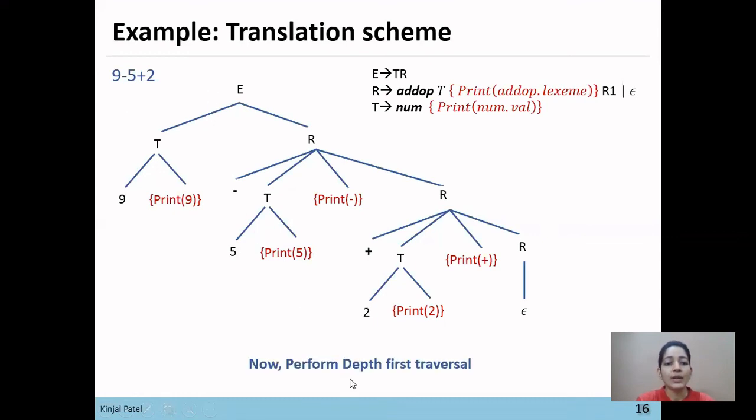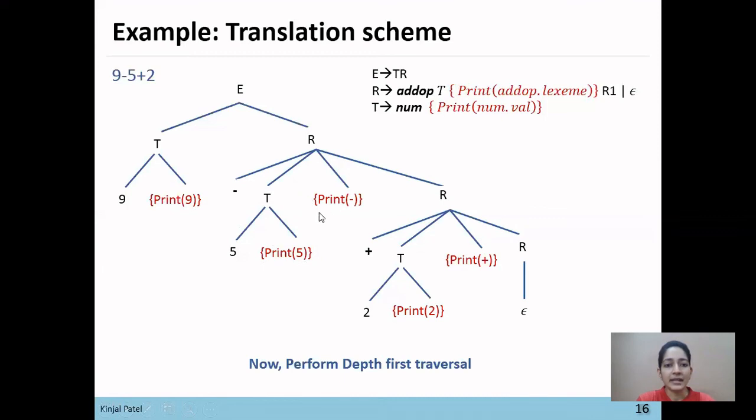Now we'll perform depth first traversal, meaning we traverse from top to bottom and in left to right manner. We can see that the postfix notation is produced from this parse tree. Starting from the top, print 9, so 9 gets printed. Then scanning left to right, print 5, so after 9, 5 gets printed: 9 5.